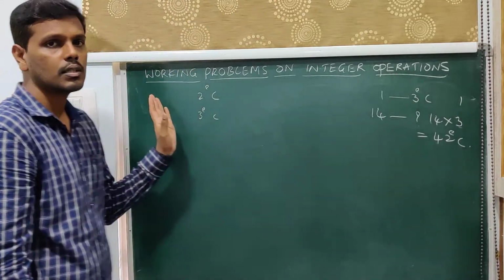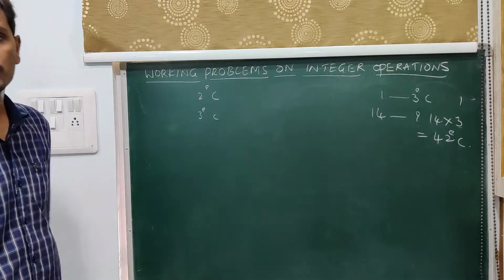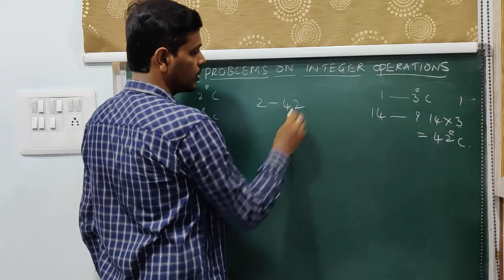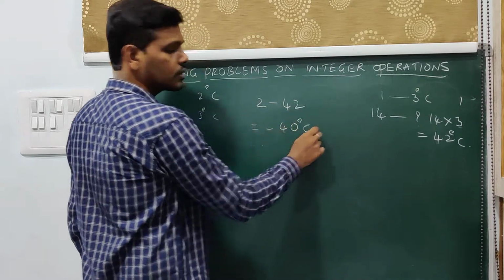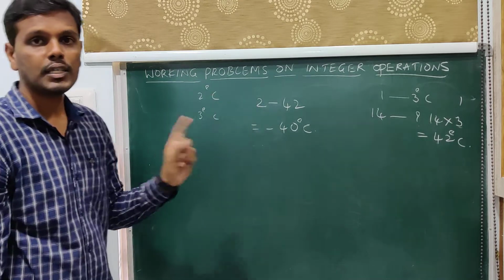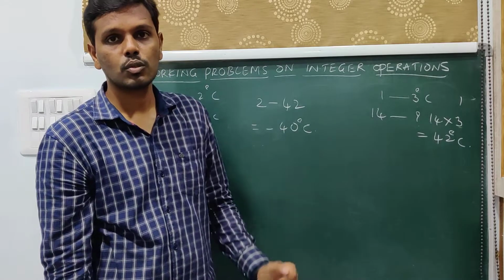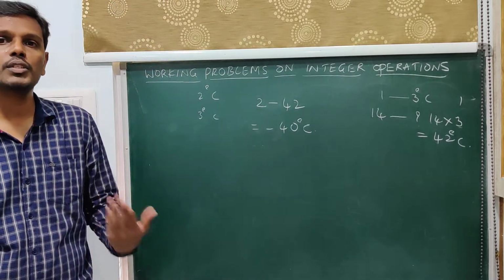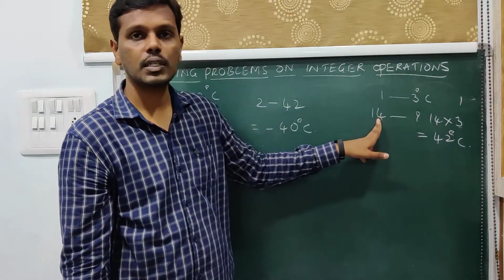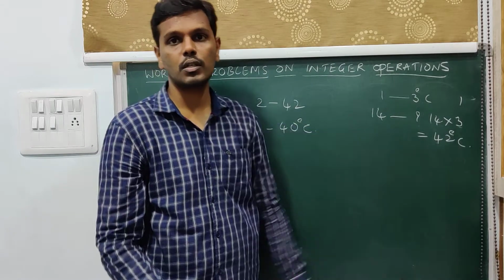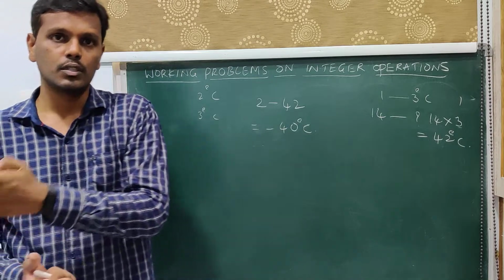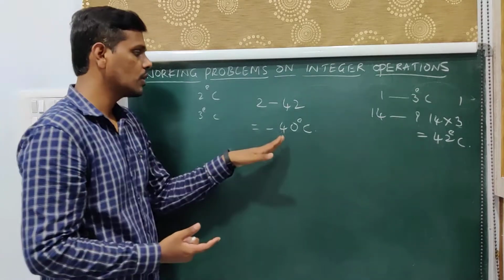So reduce 42 degrees Celsius from 2 degrees Celsius. That will give you the temperature after 14 days. So that is what we find. 2 minus 42, which is minus 40 degrees Celsius. This is the initial temperature which is given to us, that is 2 degrees Celsius. On each day 3 degrees is being reduced. So after 14 days we have to find out what the temperature is at that particular place. One day 3 degrees Celsius, so 14 days it is 42 degrees Celsius. So 42 degrees Celsius is being reduced from day 1 to day 14. So after 2 weeks the temperature is minus 40 degrees.